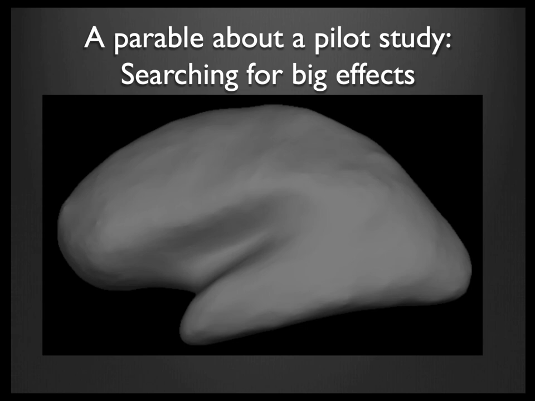Okay, so let me tell you a little parable about a pilot study, about the whole idea of searching for big effects. Say you're this graduate student, you've decided to do a pilot study, you've got your cognitive task, maybe you're looking at face areas, maybe motor areas, and you're just playing around a little bit. First subject goes in, you go through the analysis, you look at your contrast, and then you threshold it, and you see the face of Peter Bandettini. Right there in the parietal lobe, you see a full rendering of Peter Bandettini, going, wow.